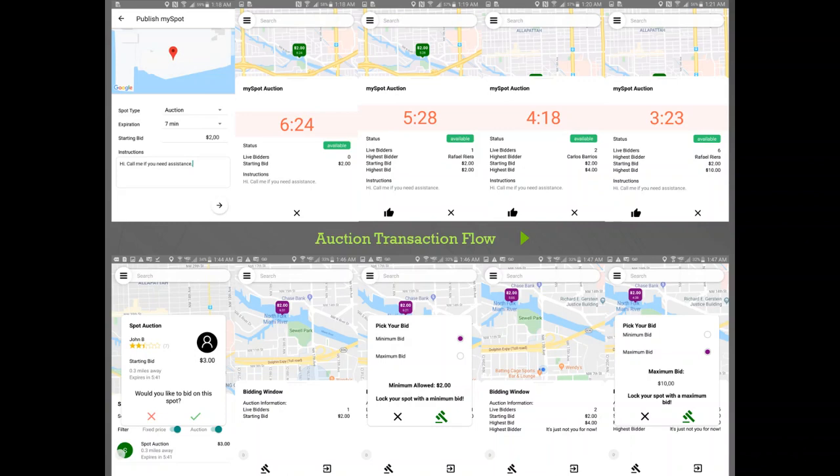And in the bottom, you also have the flow, which is for the consumer. In this case, it's going to be slightly different. If you're willing to bid, you're going to have a bidding window which shows you how many live bidders there are, what's the starting bid, and gives you some options to pick your bid, which is going to be either putting the minimum bid to be accepted or raising it as much as you want to ensure that you get the spot. Everything is live and real time, so you get updates as soon as one of the parties agrees to any of the terms.